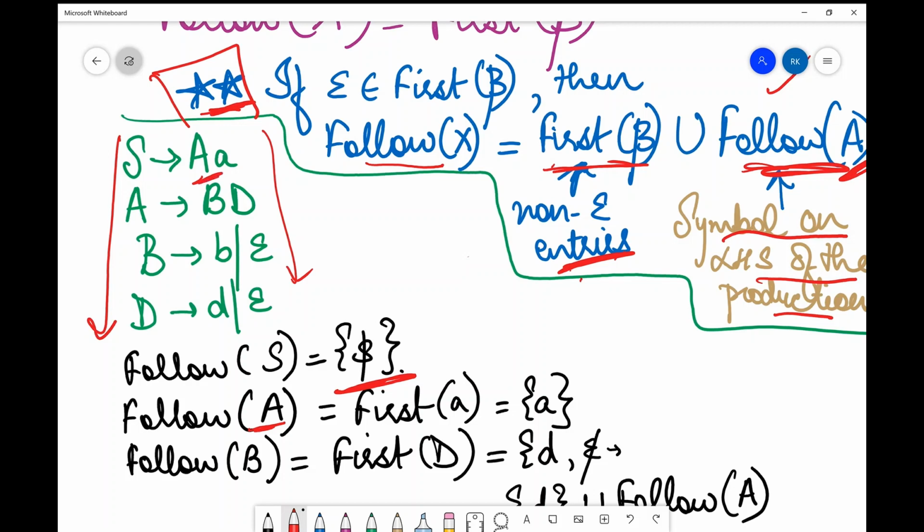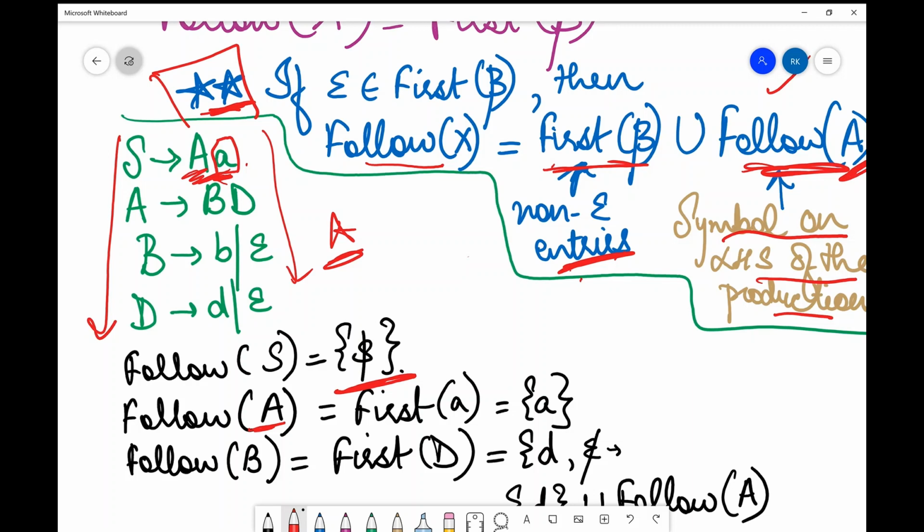Follow basically means we are going to check what is following A. So this symbol is following A. So follow of A is first of this. First of A. Now A is what? A is a terminal, right? So it is going to terminate over there. First of A is A, that we know. So follow of A is only A because there is no other production in which A is on the right hand side and I can find its follow.